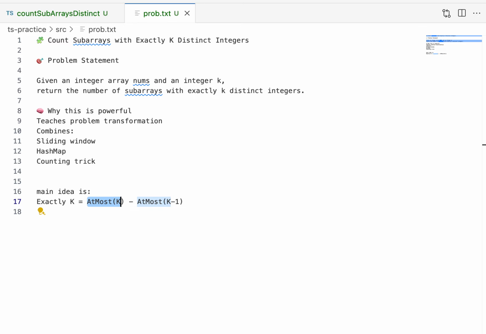So for example, you have 1, 2, 3 as an array, and you have k equal to 2. In a subarray 1 and 2, that means your two distinct elements in a subarray are done. That criteria is met. At each step, we count how many subarrays end at this index. Okay, and then we find the k minus 1 also in a similar way,